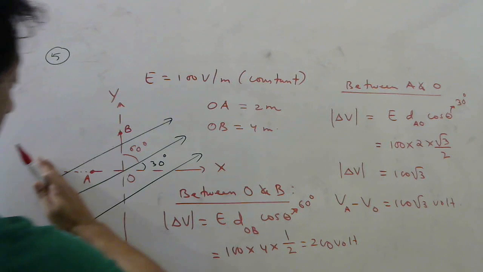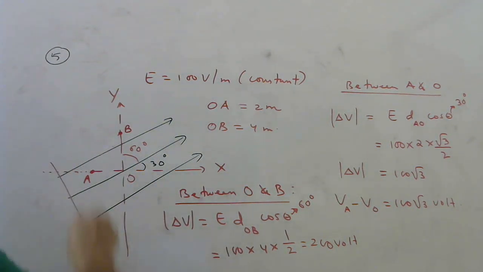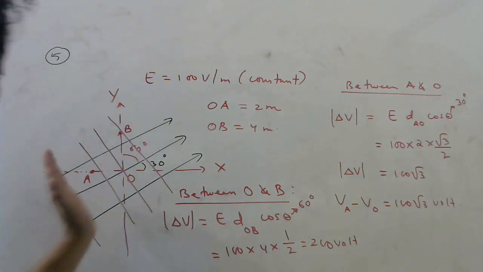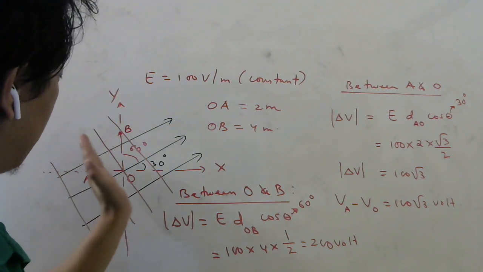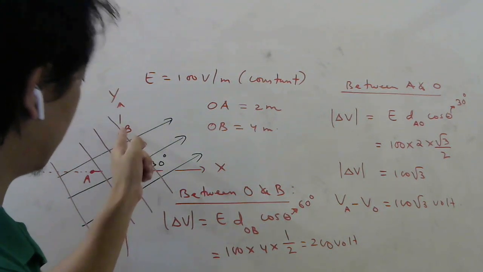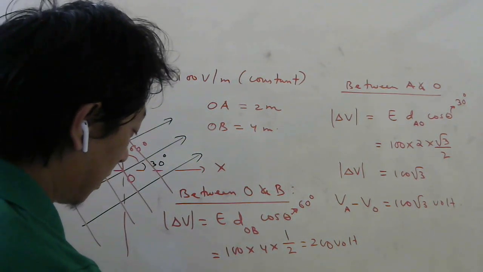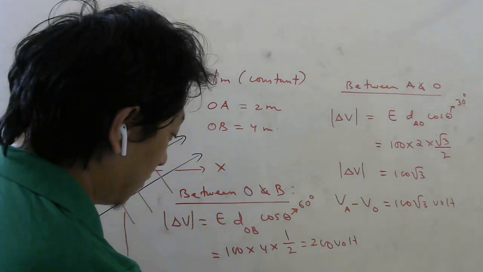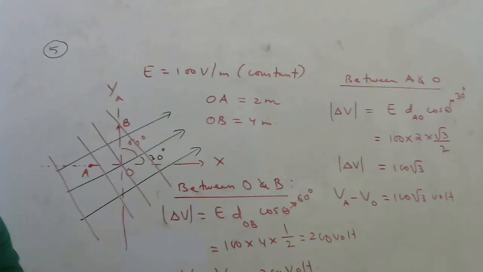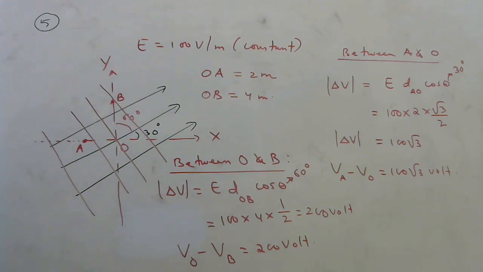So if you go this way, right? If you imagine a plane, the equipotential surface will look like this, na? Yes or no, students? So you can see, as you go along the electric field, this surface will first touch this, then it will touch this. So O will be at higher potential. So this will be VO minus VB. That will be 200 volt. Okay, students? Fine. So I have come to know O is at higher potential.